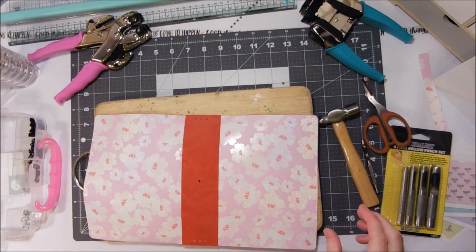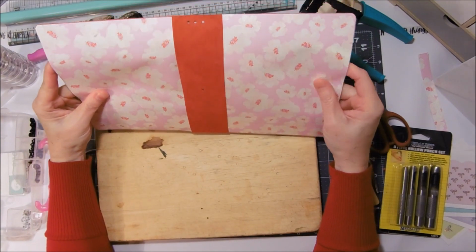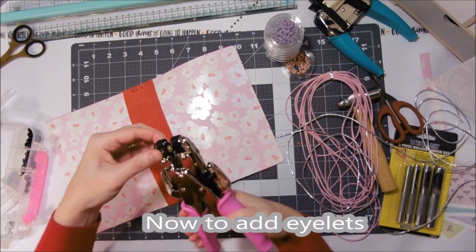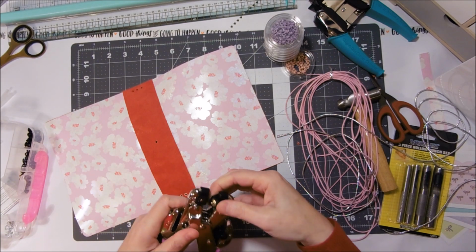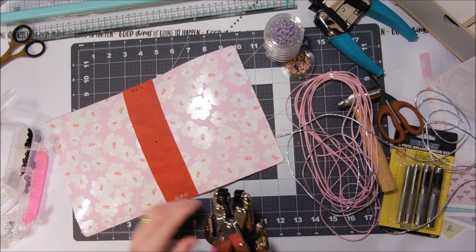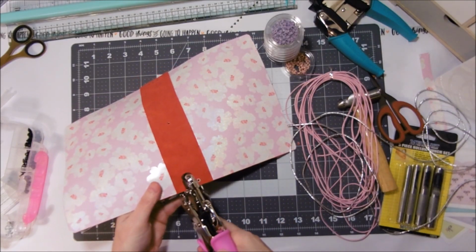move the template out of the way. So now we have all the holes for the elastic. This is set on C3. If you look at the cubes here, you can see this one is 3, and this one says C. So C3 is what you use for setting 1/8 of an inch eyelets, and you